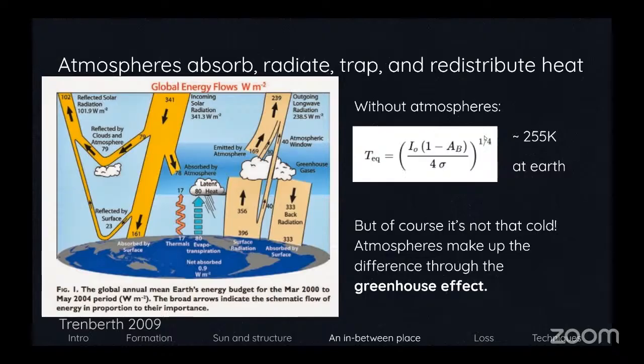But this is very common in classes in atmospheric studies or astronomy, where you can calculate the equilibrium temperature of a planet using this sort of workup. And I'm not going to go through the terms in detail, but the takeaway is that if you do this accounting for Earth and you ignore the atmosphere, you come up with this value of 255 Kelvin for the equilibrium temperature. But the freezing point of water is 273 Kelvin.